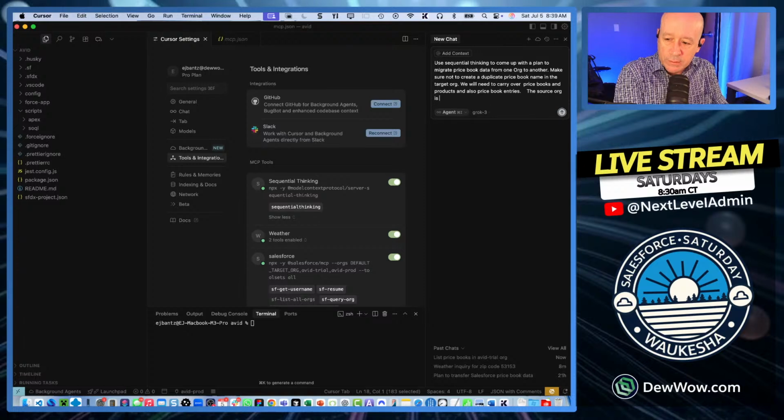The source org is Avid trial. Well, target org is Avid prod. Try to carry over as many fields as needed. You can download metadata, the objects,